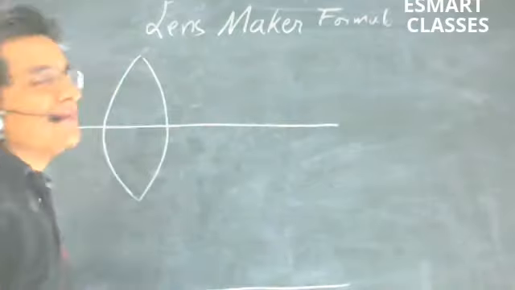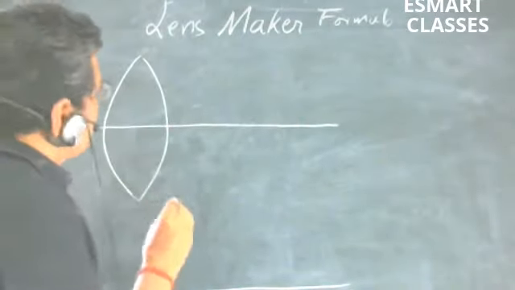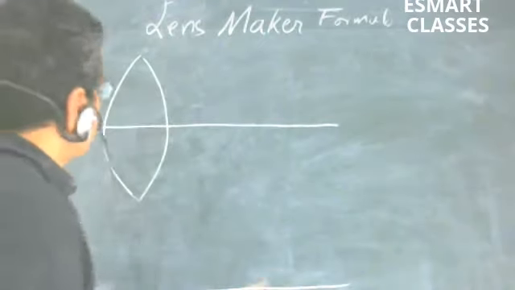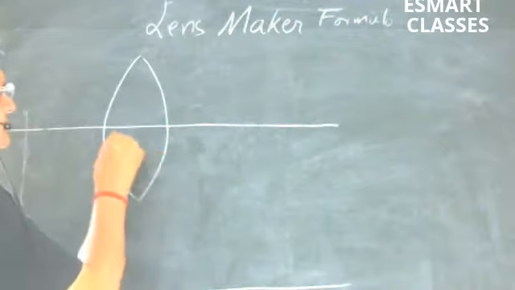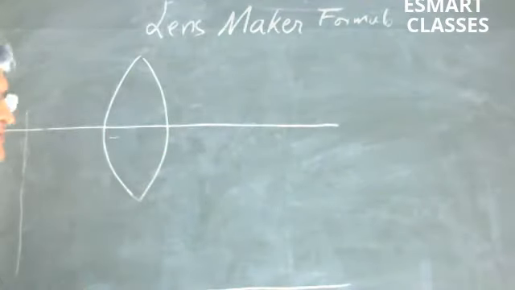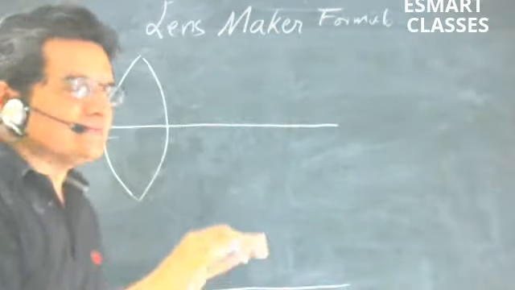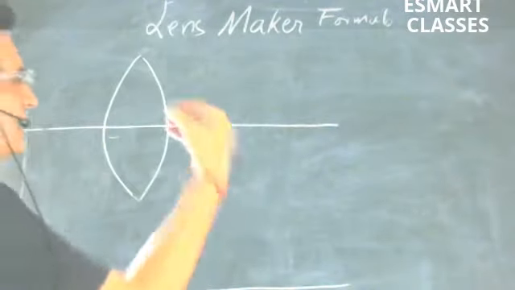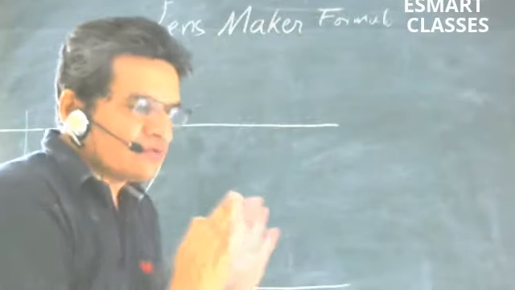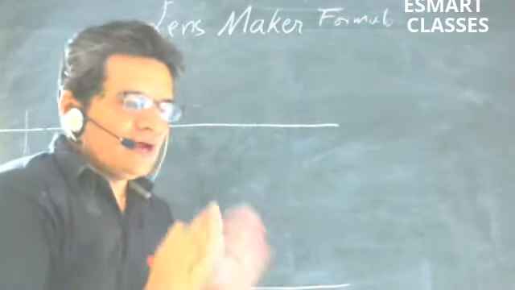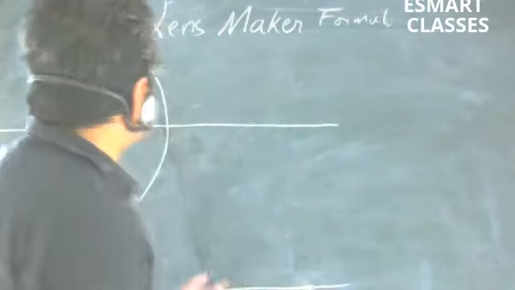We'll derive the lens maker formula for the convex lens. When you derive this formula, in exam or as your assignment, when you draw the diagram, please take a slightly thicker kind of lens. Otherwise, it becomes very clumsy and it's very difficult to identify the angles, because the whole aspect of derivation of the lens maker formula is dependent on how clearly you draw the diagram, how clearly you mark the angles, and the rest of it is very easy.